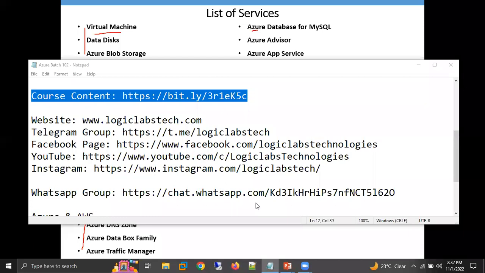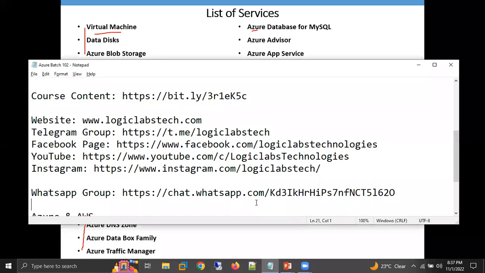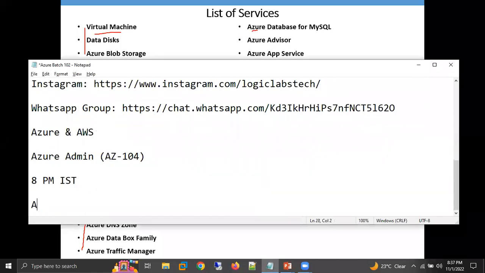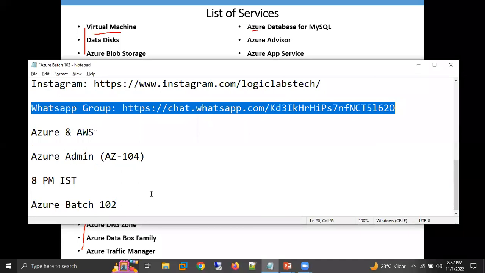If anyone in this training is not in our Azure batch 102 WhatsApp group, I am sharing the WhatsApp group link in the chat box. You can join the WhatsApp group by using this link.